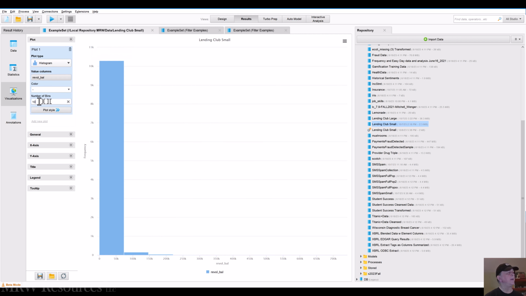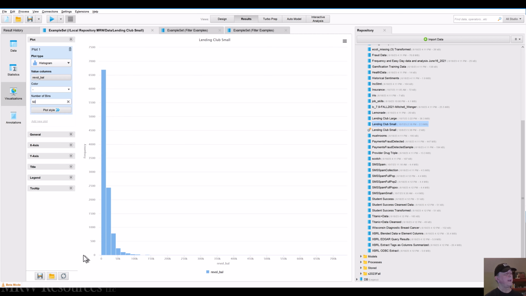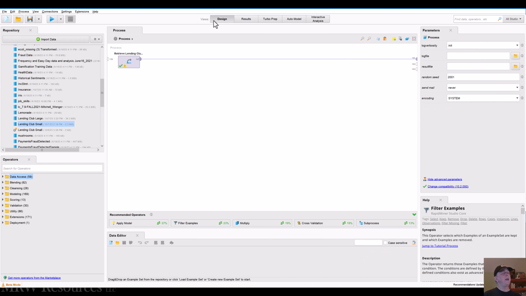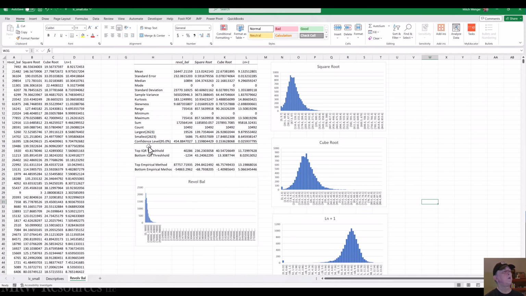I've got 10 bins, but if I change this to 25 bins, and now let's make it 50 bins, you can see how skewed this data is. All right. So let's create a new feature, and this will be the cube root